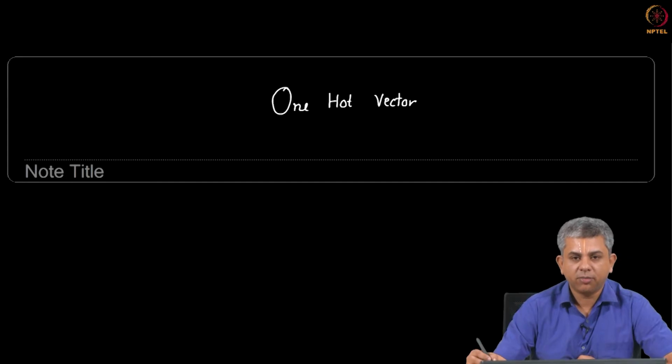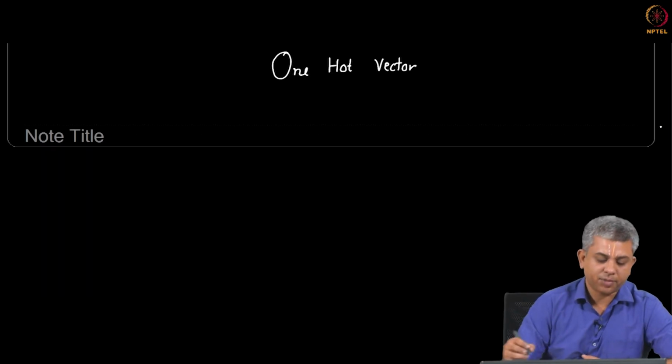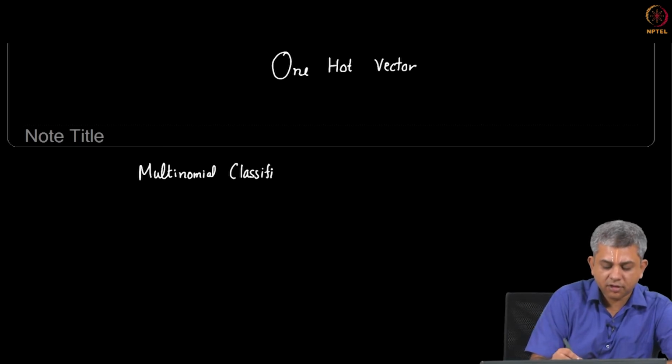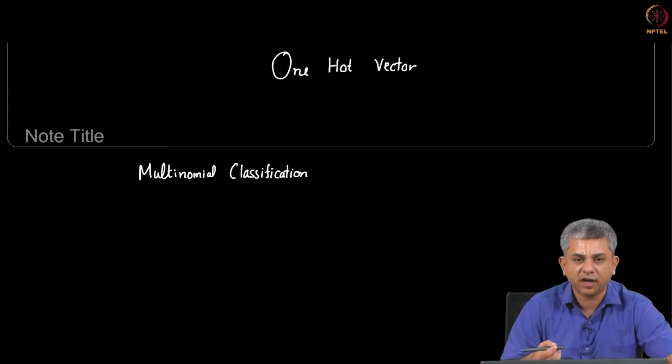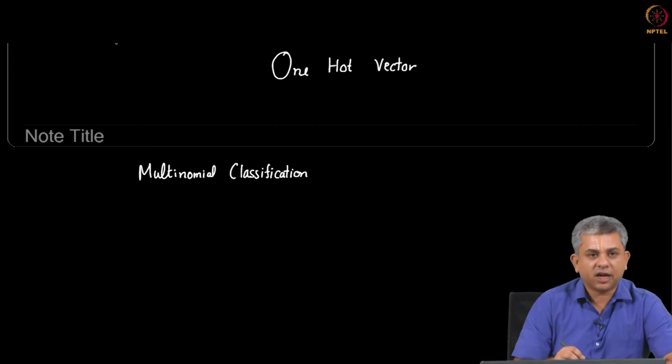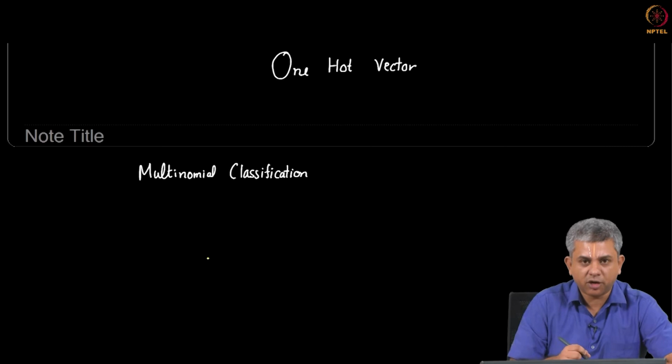In this video, we will be looking at the one hot vector representation. Remember that the one hot vector representation is used for a case where you have more than 2 classes. You can also use it for the case when you have just 2 classes, but it is generally overkill to use a one hot vector. Let us start with a binary classification task and then we will go to a multinomial classification task and see how a one hot vector works.